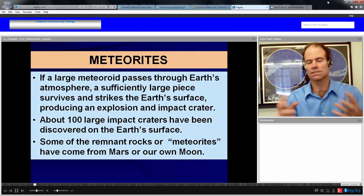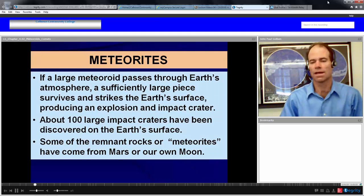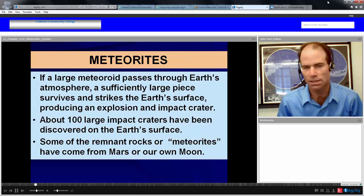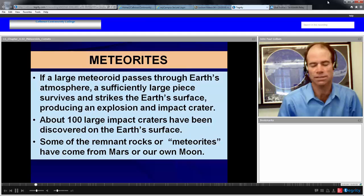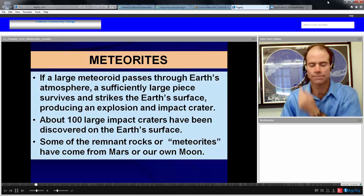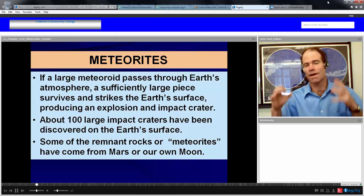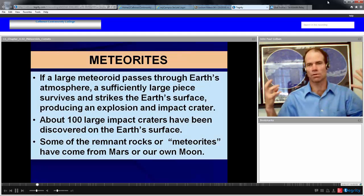We have pieces of the moon on Earth, and one of the more interesting things, since we're headed back to the moon soon, as one of NASA's objectives, is to actually find Earth meteorites on the moon. So we'll find pristine pieces of Earth that were thrown off of Earth due to impacts with Earth that made their way to the moon, and those will be